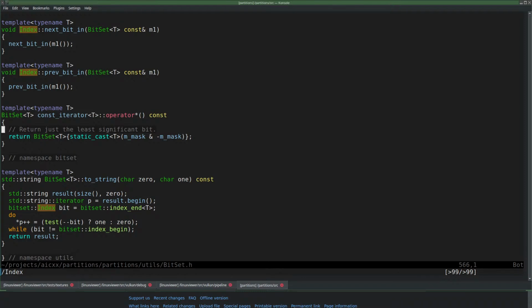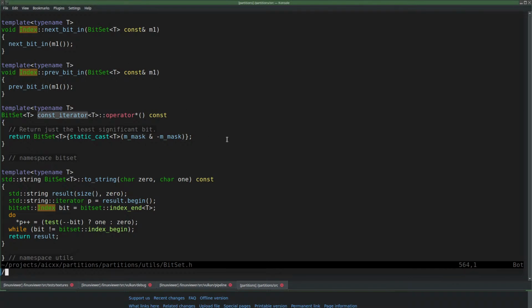Oh, I see. That's how it works. Even faster. Yeah. I thought you need the CTZ or something like that. Well, you don't need that. You don't need the index at all in order to iterate over it. This is very smart, yeah. So I was looking for the next bit in, but that returns an index. And we don't need an index, we just need the bit. And you can do that much faster.